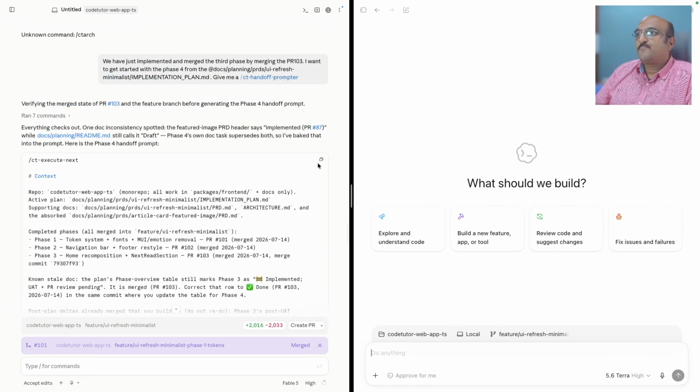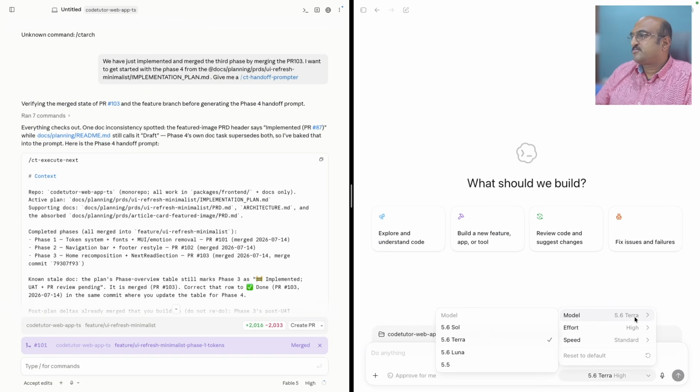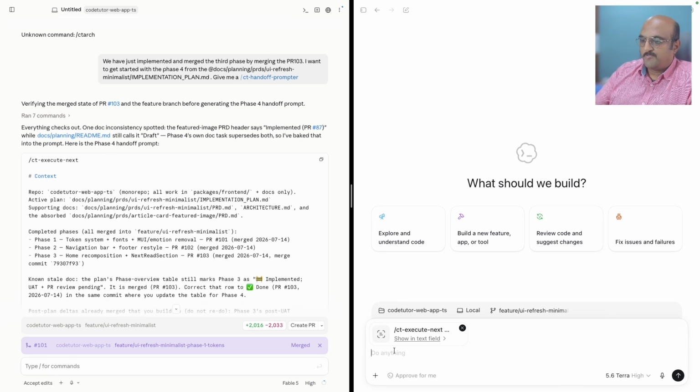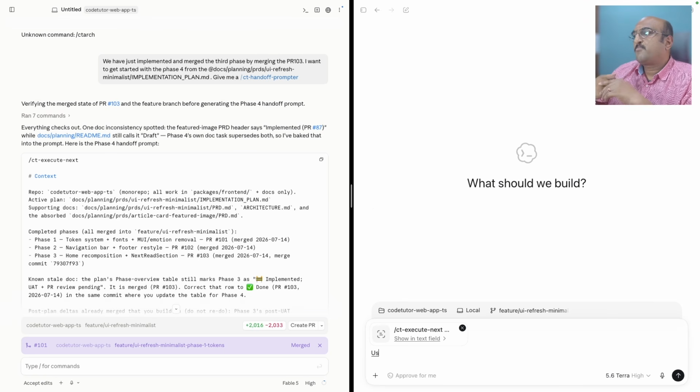Let me copy this. And here I don't use 4.6 Sol, which is the highest model in the Codex. I feel Terra on a high effort or even medium effort should be fine, but let's go with Terra with high effort. And then I will simply paste this and say use the provided prompt to get started with the work and hit enter.